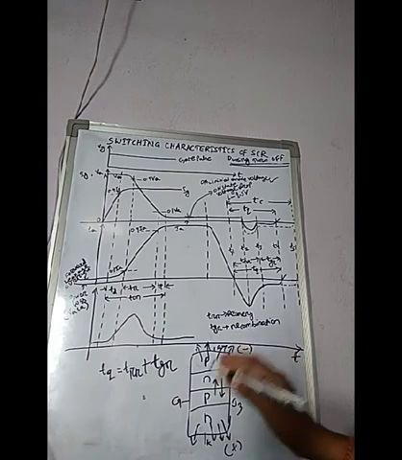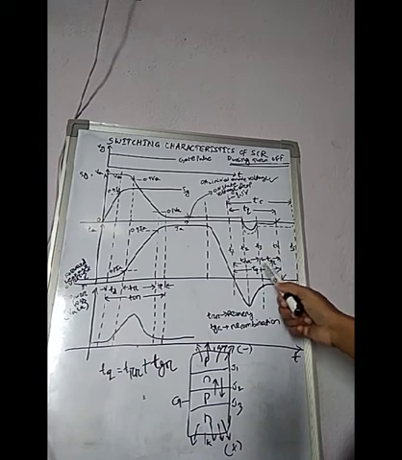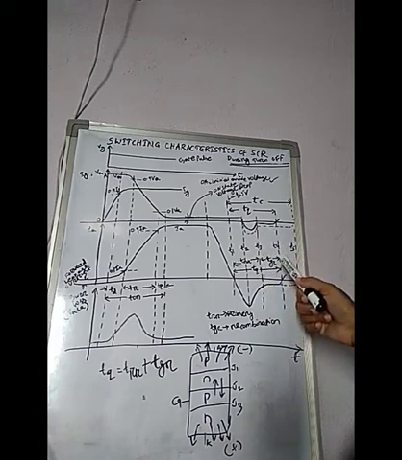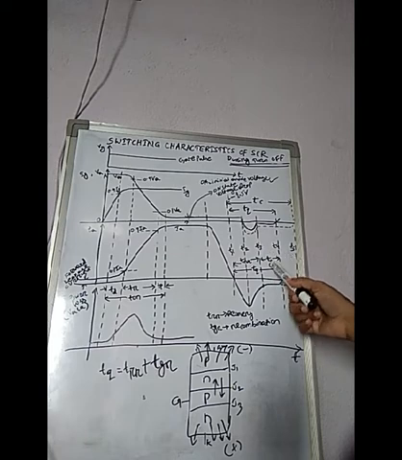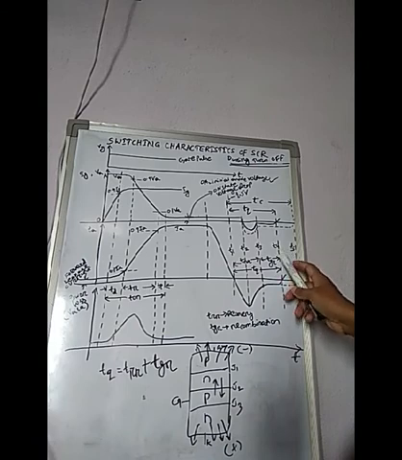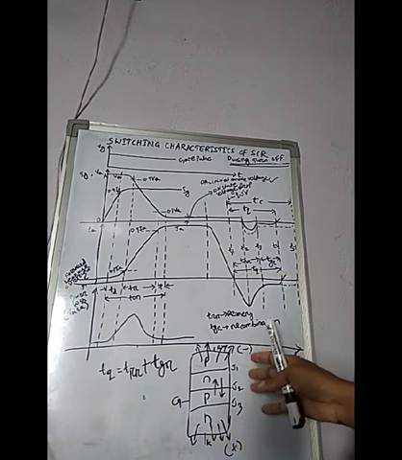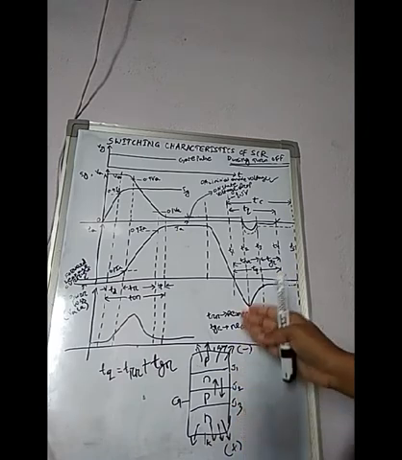The time for the recombination of charges between T3 and T4 is called the gate recovery time. From T3 to T4 the recombination process happens, and this is called the gate recovery time. At instant T4, junction J2 recovers, and the forward voltage can be reapplied between anode and cathode.